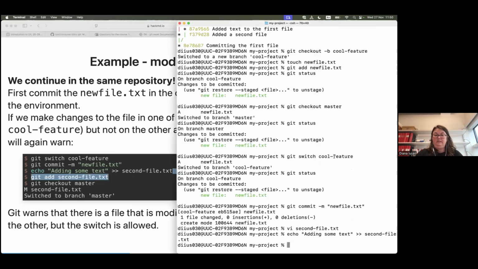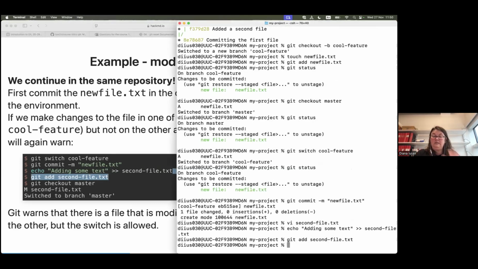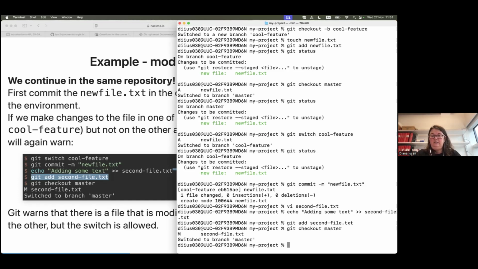So I will stage this file. Now what I have done is modify a file which also exists in the master branch. If I attempt to check out to the master branch, I have this modification which has not yet been committed in the second file. So git checkout master,